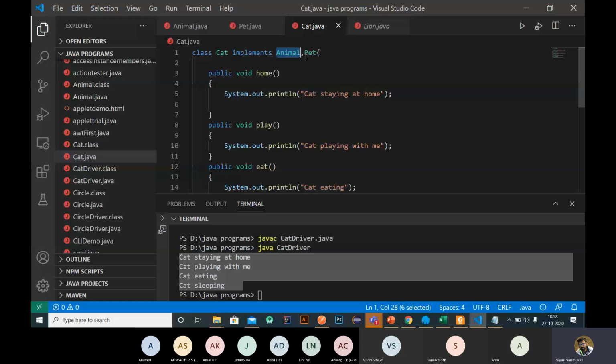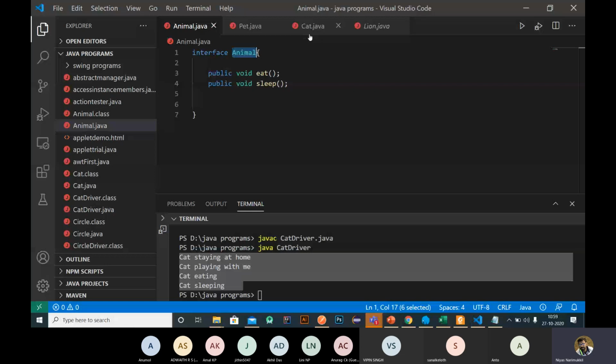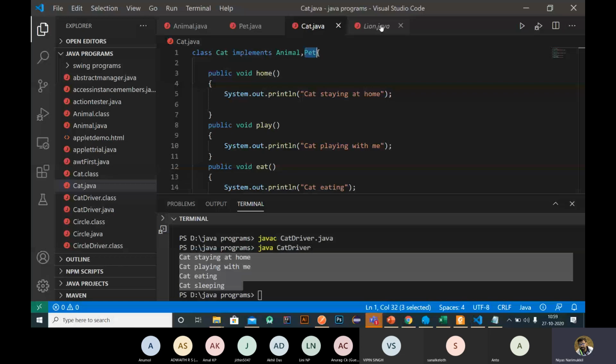So I just create another class to show what polymorphism is. Polymorphism means one object reference variable can act in different forms, as different objects. So that is an example of polymorphism. As I said, we can't instantiate an object of an Animal class, but we can create a variable of the Animal class. Then that Animal variable can act as a Cat object or a Lion object. I will show an example with this.